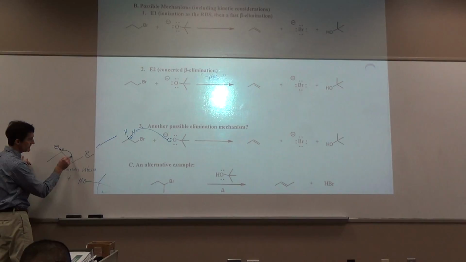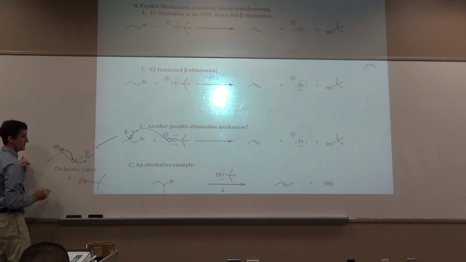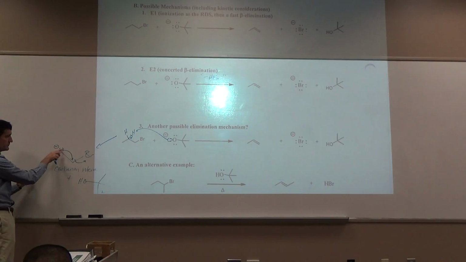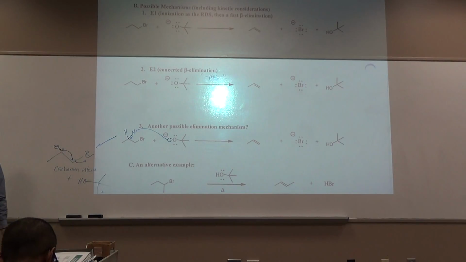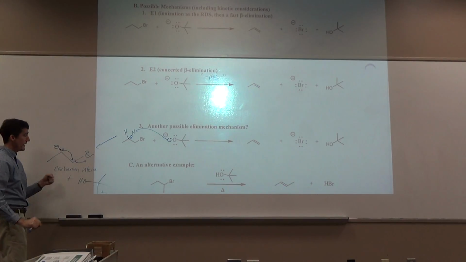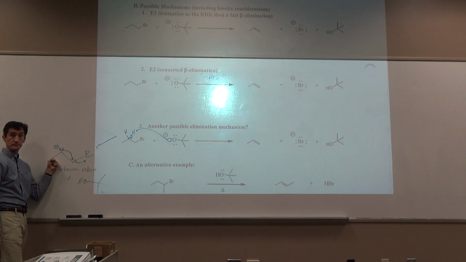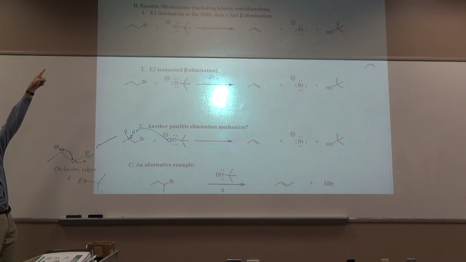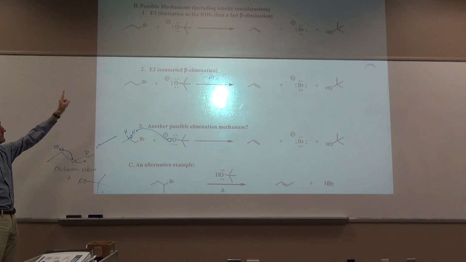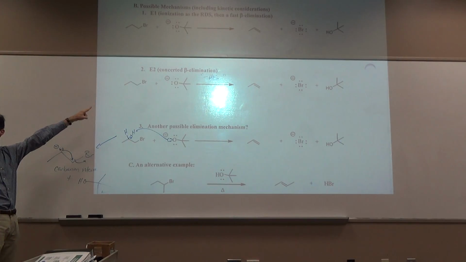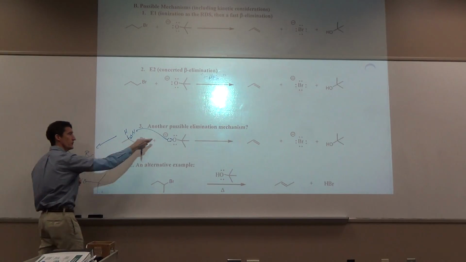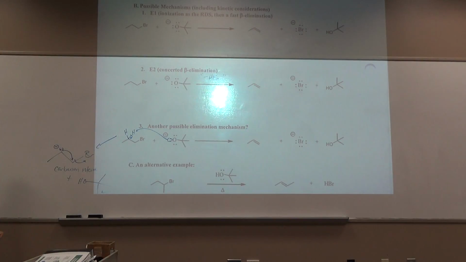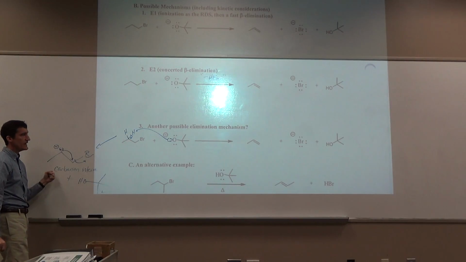Now, what if we did take these and move them in and kick off the bromine? What would that give? Well, we move these in, make a pi bond, and then we kick off the bromine. So this would also give these products. Here I'm showing a carbanion intermediate. First one showed a carbocation intermediate. That one showed no intermediate, everything happening concertedly. This showing an intermediate but carbanion because we showed the acid base taking place first. Well, this is actually a known mechanism,